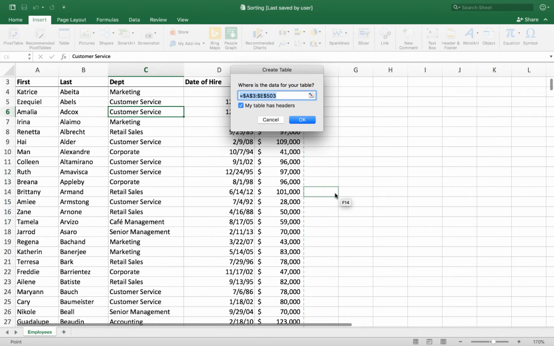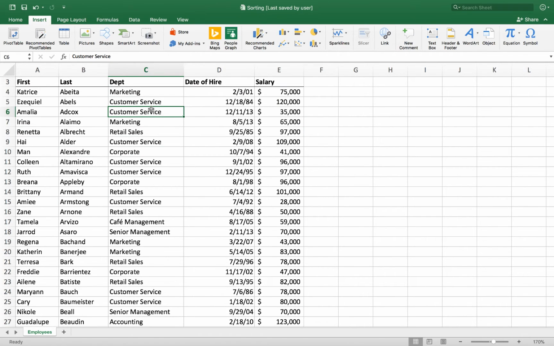Let's go ahead and back up a step here. First of all, when I'm creating a table, Excel just guesses everything out to the first blank row and first blank column. So here I've got 500 rows of data. It's already highlighted all that. But let me cancel that for a minute and answer Mika's question. So cancel out of here, and what you're saying is you want to highlight the whole thing.